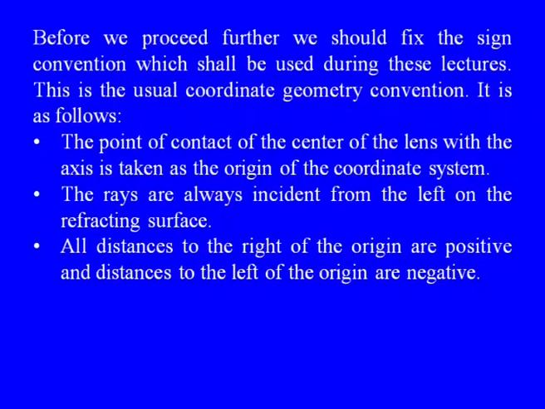Remember, we are talking about thin lenses. Now, the rays are always incident from the left on the refracting surface, going towards the right. All distances to the right of the origin are positive and distances to the left of the origin are negative,